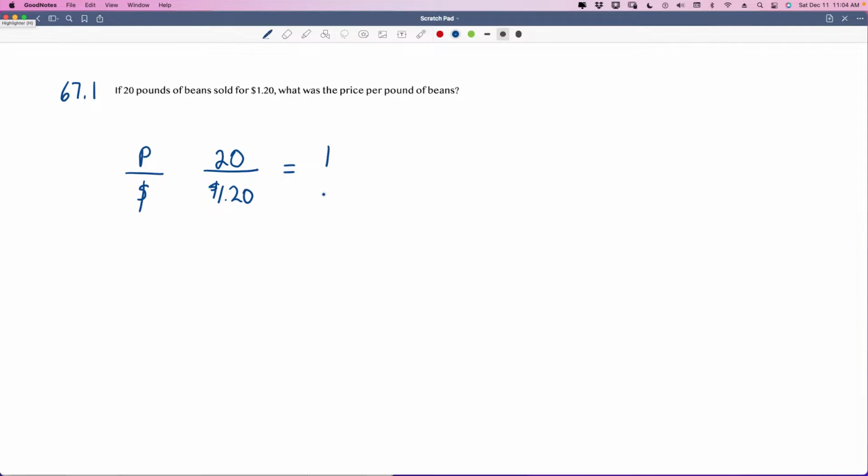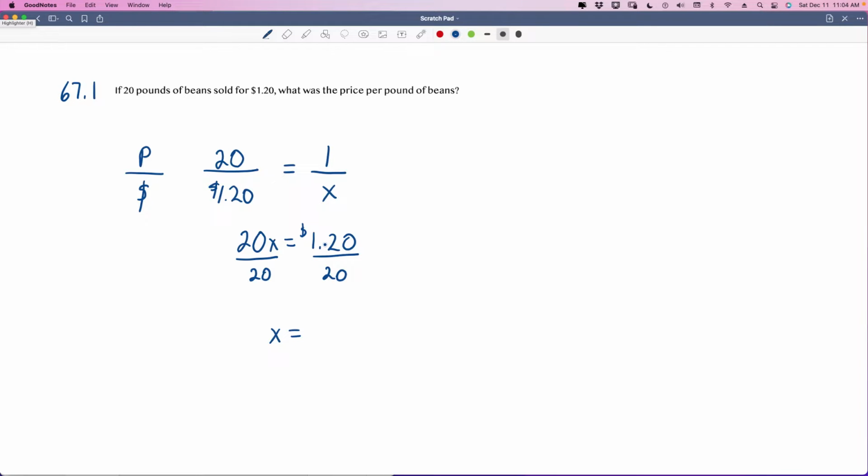Okay? We need to reduce this to 1 pound. So 1 pound, that's what we need to find out. So 1 pound of beans is going to be X. So we're going to say 20 times X is 20X equals, and $1.20 times 1 is $1.20, right? So we divide both sides by 20, just like normal. We get 20 divided by 20 is 1x, and that's going to equal,